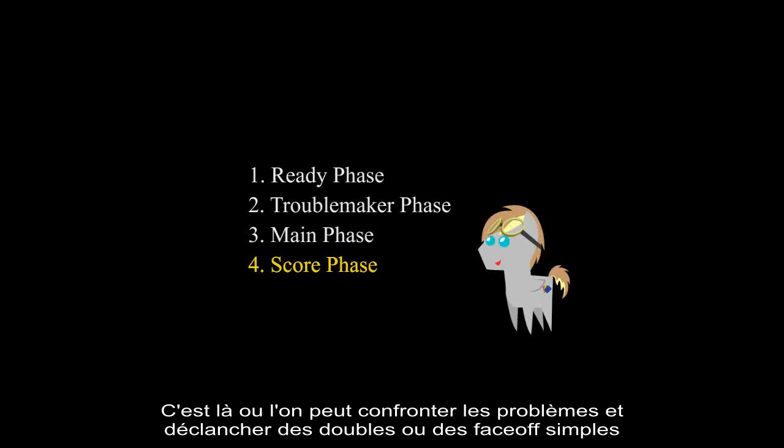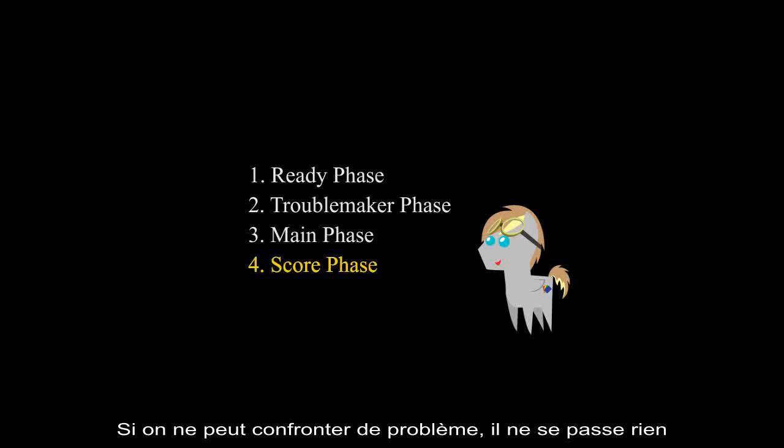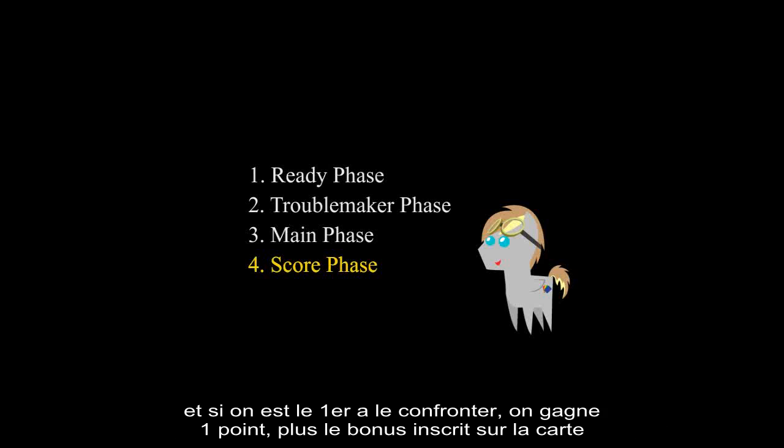This is where we confront problems and have double or single face-offs. Once a problem is being confronted, we gain 1 point for as long as we can continue confronting it. If we can't confront the problem, nothing happens, and if we're the first to confront the problem, we get the standard 1 point plus the bonus printed on the card. And this brings us to...